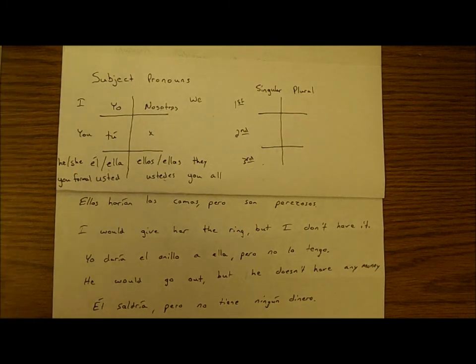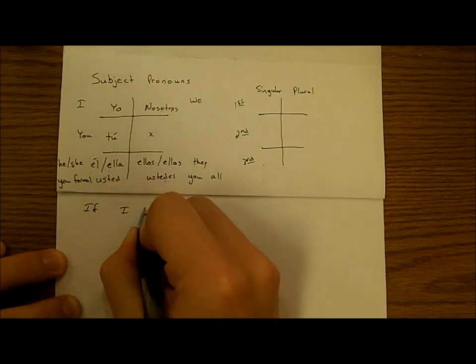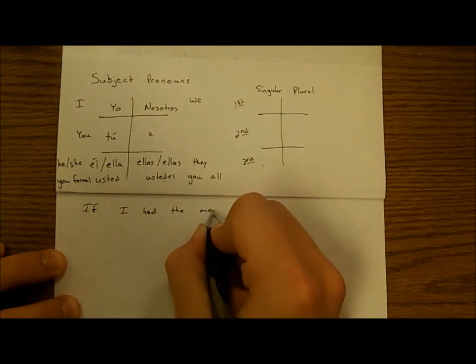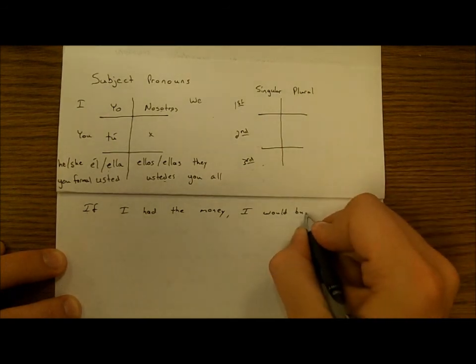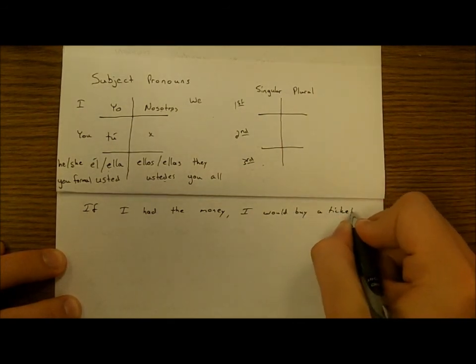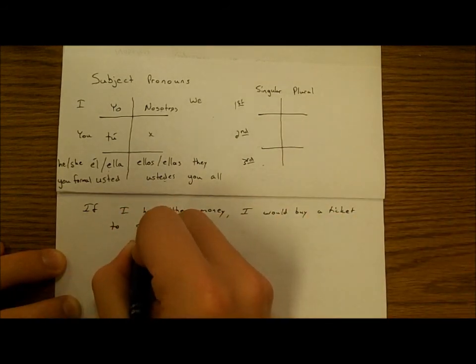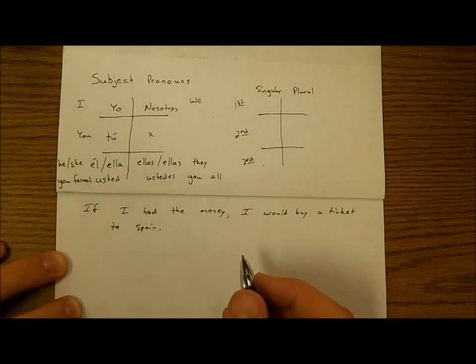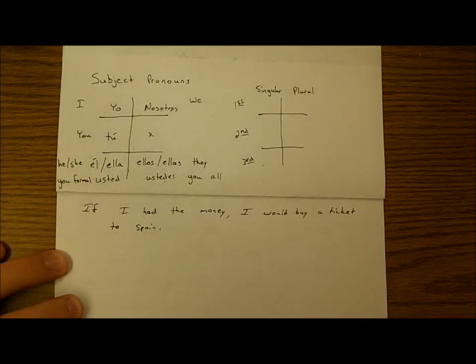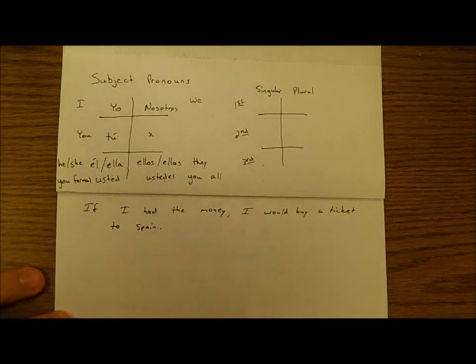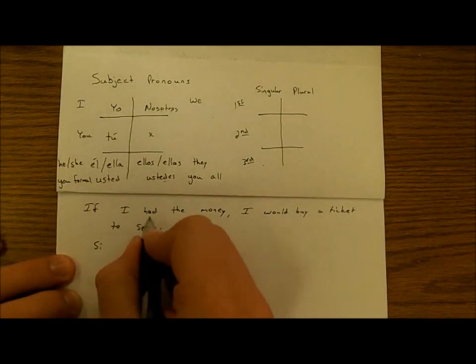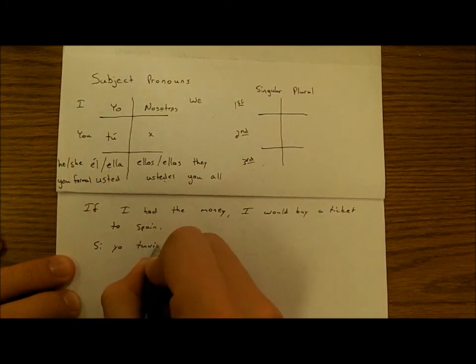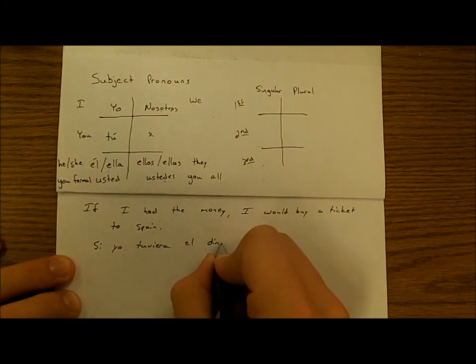So for example, if I had the money, I would buy a ticket to Spain. So, the way you use this with the imperfect subjunctive, and first of all, we want to have the if. Now we know if is si without the accent, because sí with the accent would be yes. So, si, now we need I had, si yo tuviera el dinero,